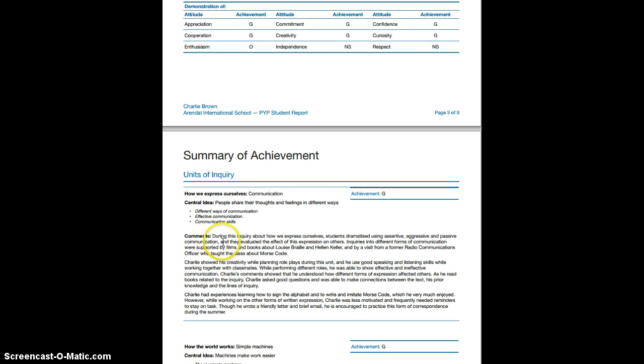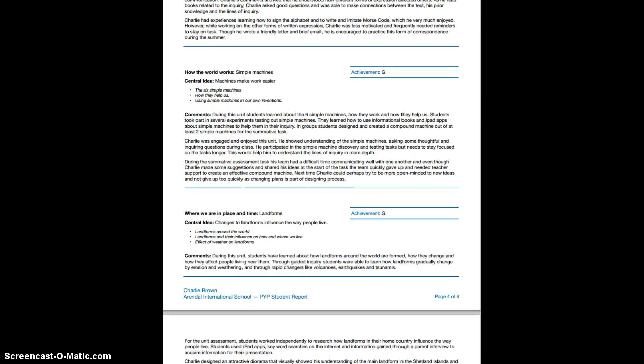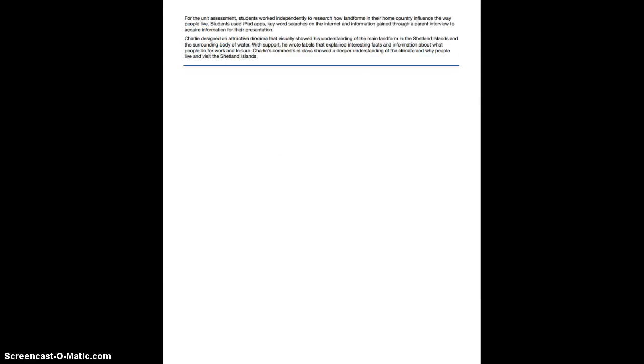You might see a generic comment at the top, and then we can see Charlie showed his creativity whilst planning role plays during this unit. This is all reflective of his individual skill levels and what he attained during here. We can see the same for another one underneath, and there's one there for landforms as well. As we go down, we'll come to the